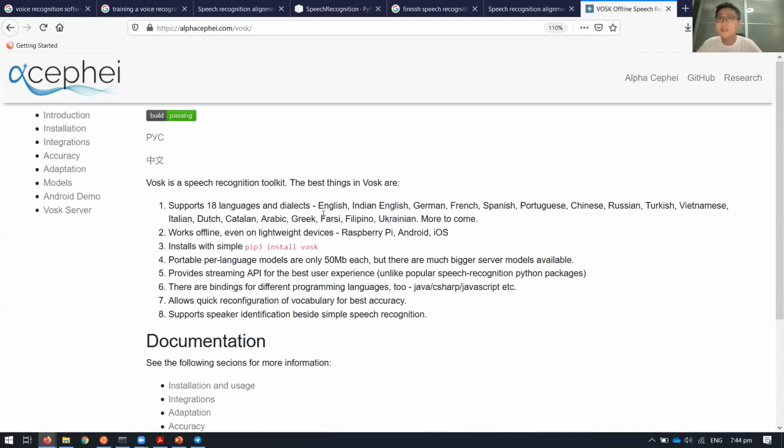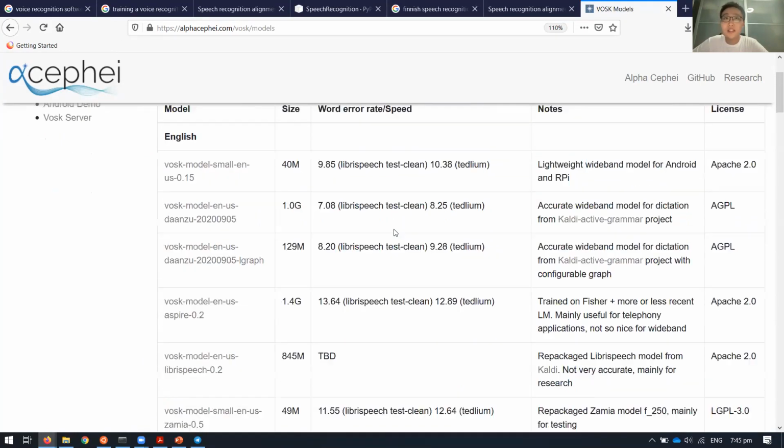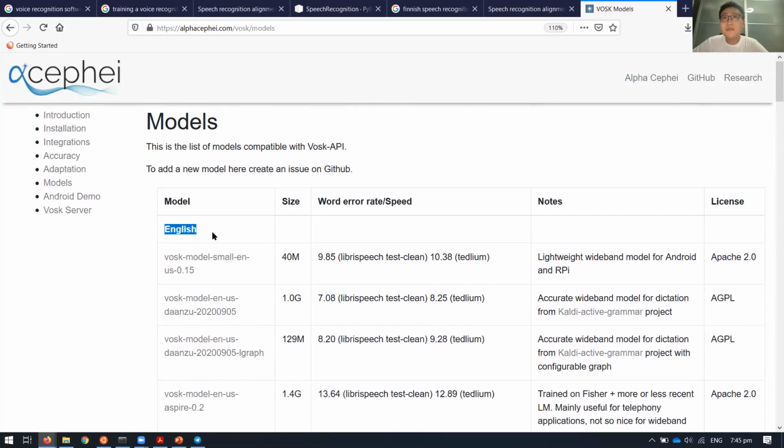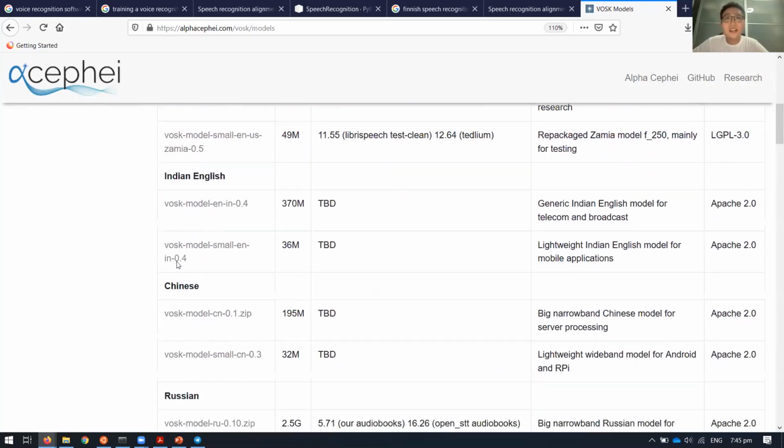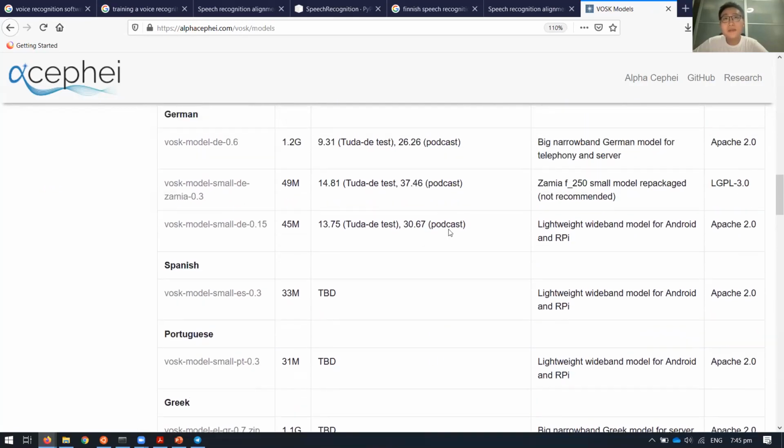Every language has its own vocabulary, and so this is a website run by Alpha Cephei, which is an AI company, and basically they are developing this thing called Vosk, and they provide trained models for use in speech recognition. So you can see that there are different models trained for English, Indian English, Chinese, Russian, French, German, Spanish, Portuguese,